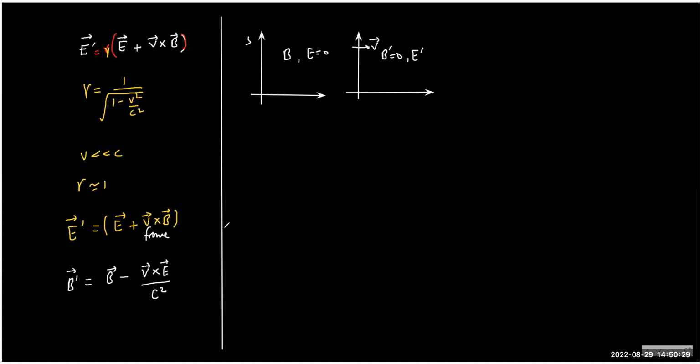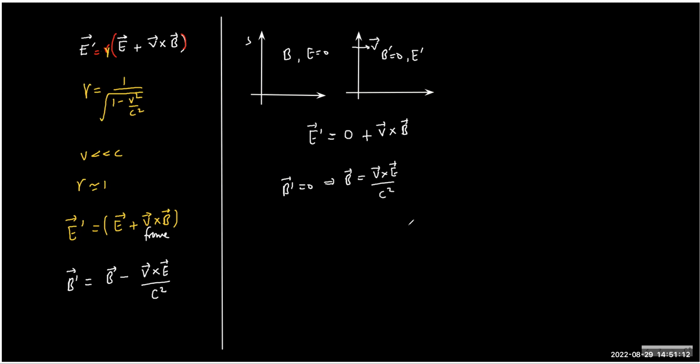So if you try to make one of the fields 0, the other field will appear. That's very interesting. And the E dash, we can write as what? What is E dash? So the E dash will be the E present in the actual frame, which is nothing, plus V of the frame into B of that frame. Correct? Yes, sir. So I can choose a suitable value of velocity which can make this possible, and this is obvious from here. So if I make B dash 0, you can see this implies the B equals to V cross E